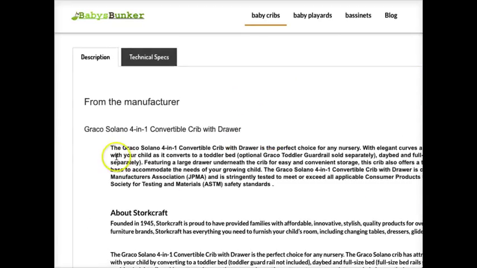What we could do is take this, and instead of saying the Graco Solano 4-in-1 convertible crib with drawer is the perfect choice for any nursery, well, let's just reword that. Okay? We could just say the perfect choice for your nursery or any nursery is the Graco Solano 4-in-1 convertible crib that includes a drawer, or with included drawer, or something like that, right?